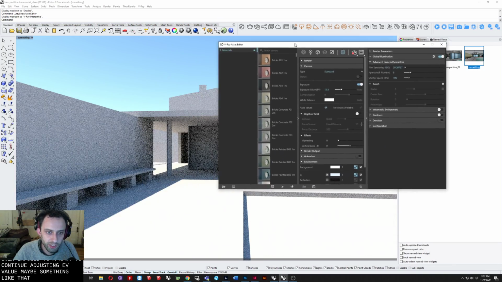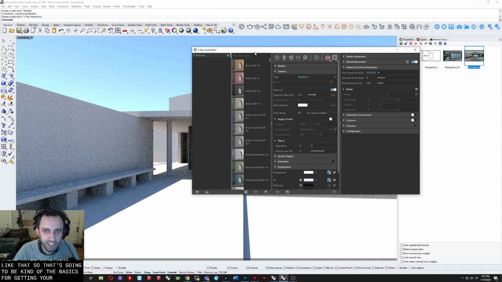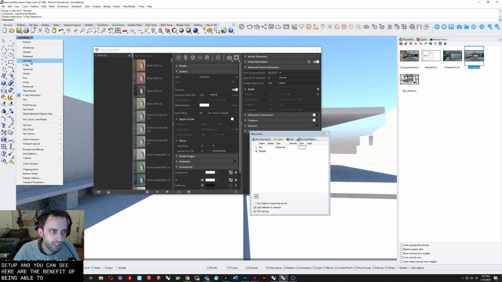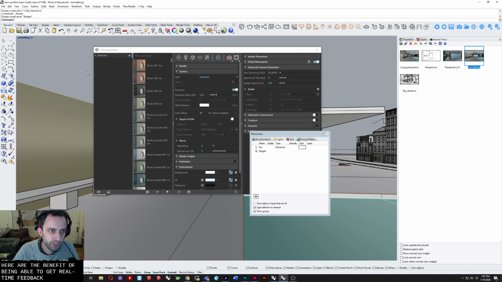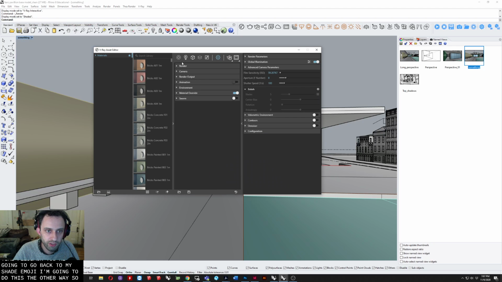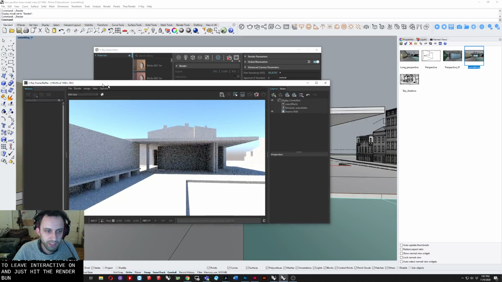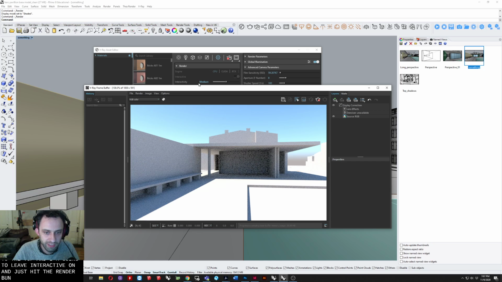Okay, so that's going to be kind of the basics for getting your lighting set up. And you can see here the benefit of being able to get real-time feedback. So I'm actually going to go back to my shaded mode, and I'm going to do this the other way. So I'm going to close all these and go up to the top, and I'm going to leave interactive on and just hit the render button. And all that's going to do is just give me a separate window here